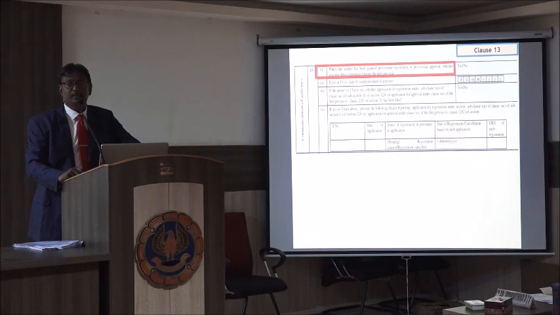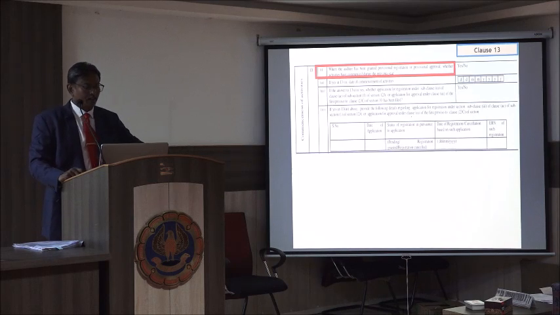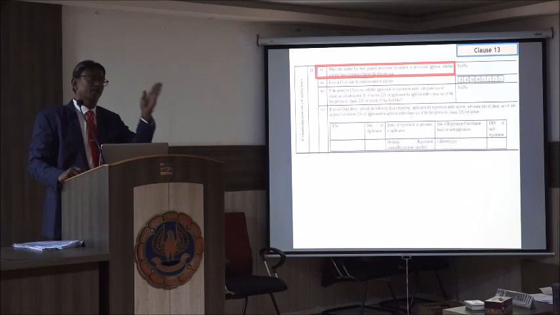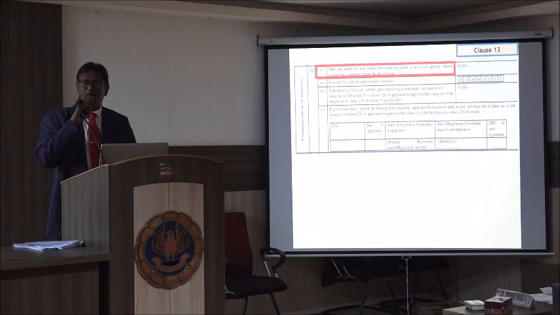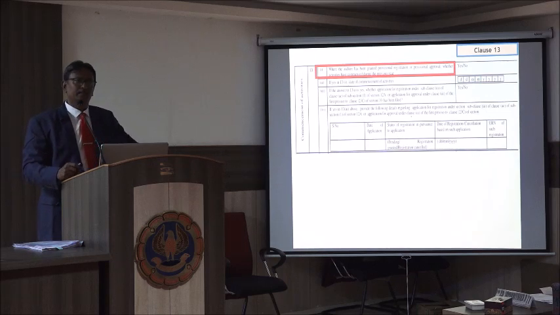Now moving on to Clause 13, commencement of activities, where the auditee has been granted provisional registration. As we saw earlier, when a non-profit organization has not commenced its activity, it can go for a provisional registration. The provisional registration will be given for 3 years. Either I can wait up to 3 years and apply for regular registration 6 months before expiry, or within 6 months of my commencement of activity, I can go for regular registration.